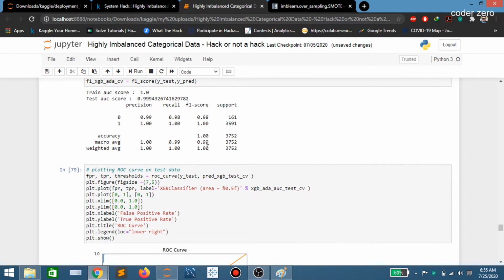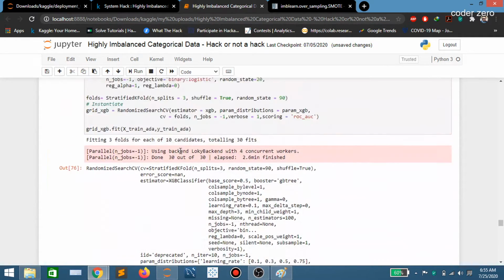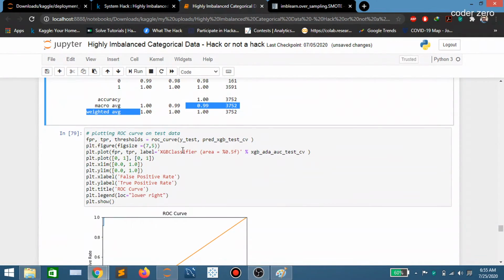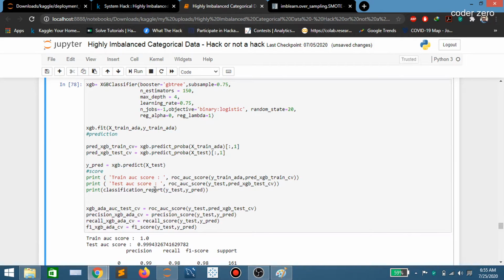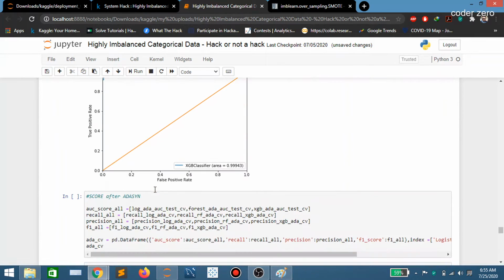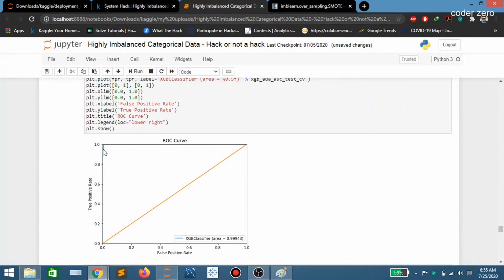We have 1 for precision, recall and F1 score. You can see the score here. We were getting 0.99-something earlier, but here we are directly getting 1. That is the highest score possible, right? We are getting that value after using ADASYN. So now you can see we are just getting this line here for the ROC curve. We are getting the entire area in the case of the XGB classifier.